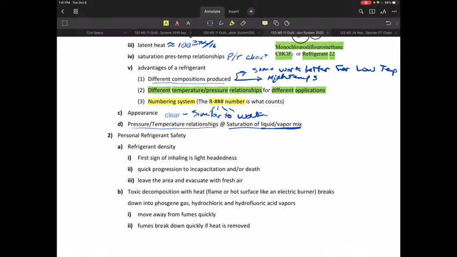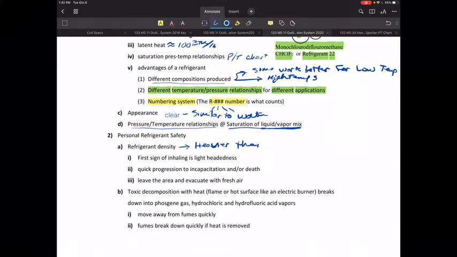All right, so let's take a look at some of the safety devices or safety parts of refrigerants. Refrigerants, as a general rule, can be very safe if handled correctly or appropriately. One of the big things we really have to pay attention to with refrigerant density is that refrigerants are indeed heavier